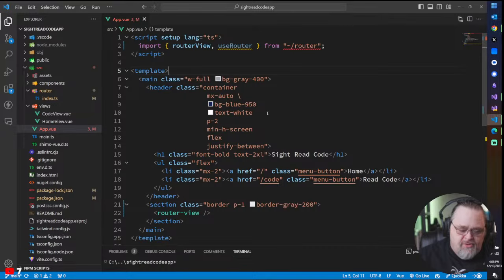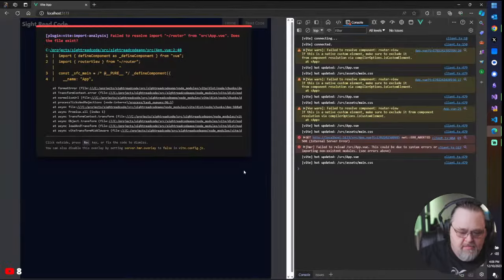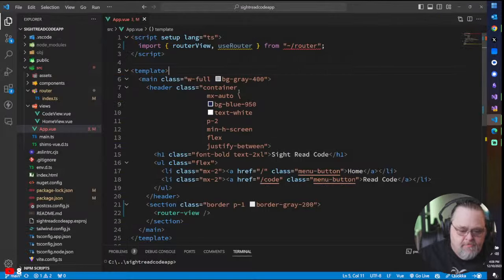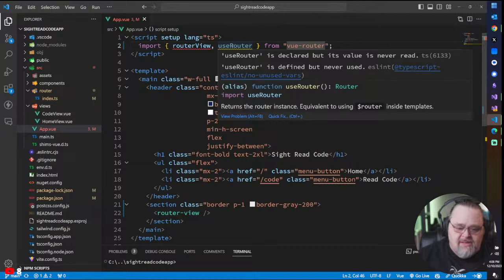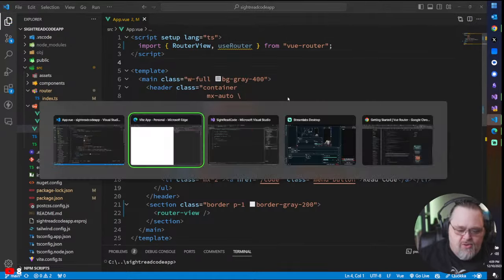So there's our router view, and if we're lucky, this is something that I lost in the old change from router 3 to 4, is that we're now getting everything from the router, and this use router is allowing us to get access to our own router. And then our router view, which hopefully